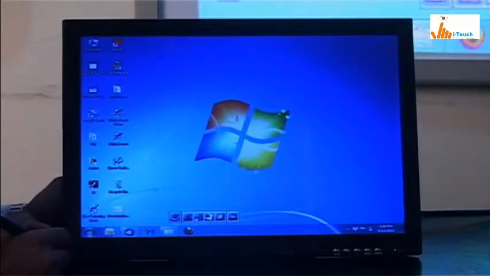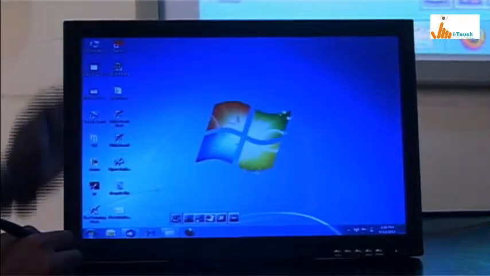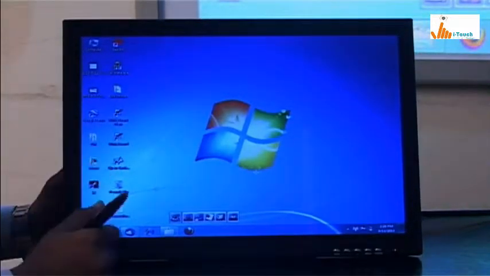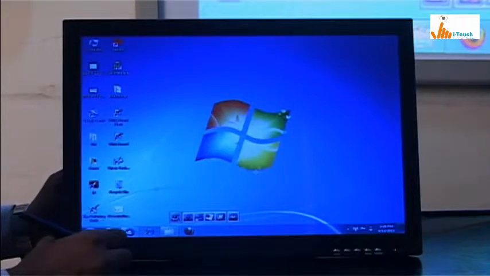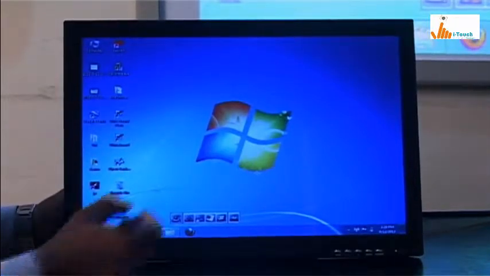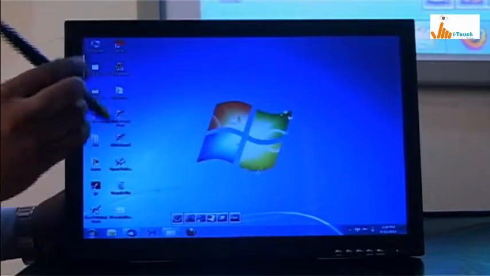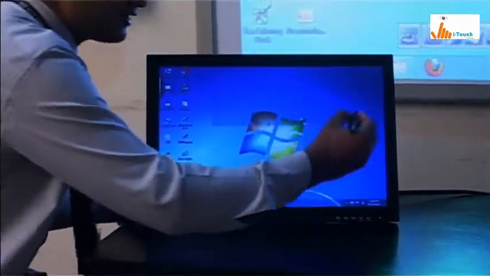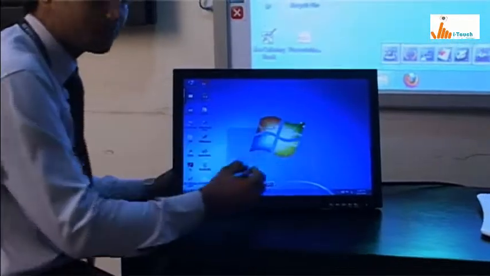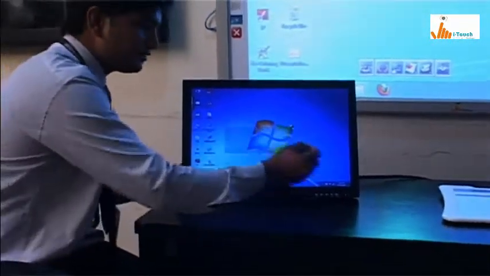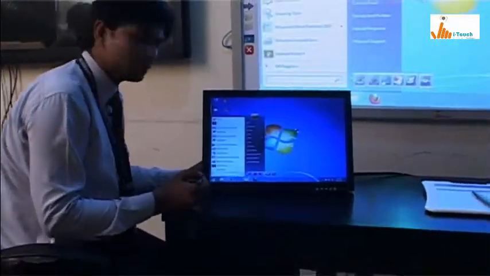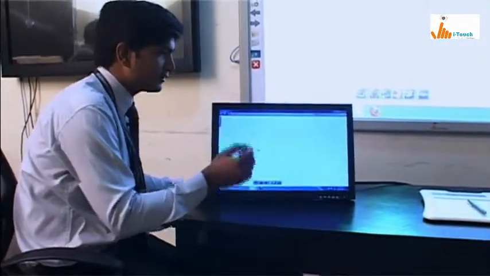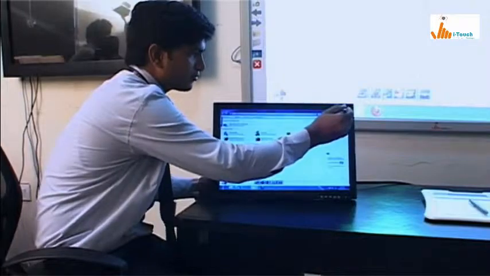Now going to demonstrate to you about interactive panel. This interactive panel is meant for taking displays, and also it works as your HID. HID means human interface device. You can use this electromagnetic pen as an interface with this panel. It is like a pen touch monitor. You can operate anything or do anything what you do on the computer with this pen only. Like you want to play games, you can play games, you can open or close any file from here only.